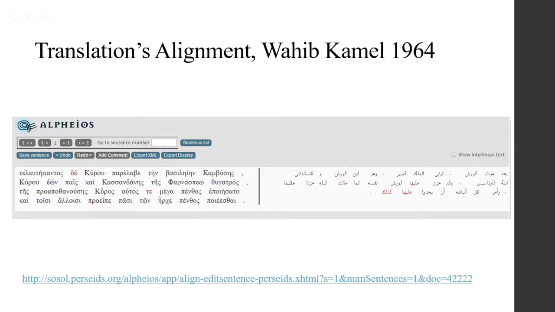And in the Arabic text, you could spot very fast the red words, which are not aligned. But again, it's a direct translation. It's a very good translation. As you can see, most of the words are aligned. So it's a very good translation.